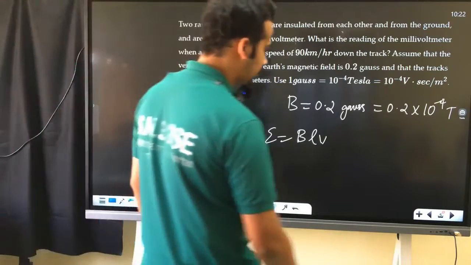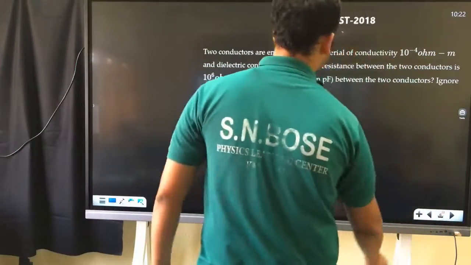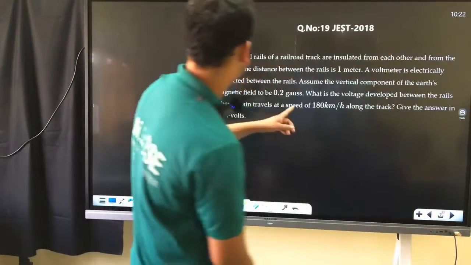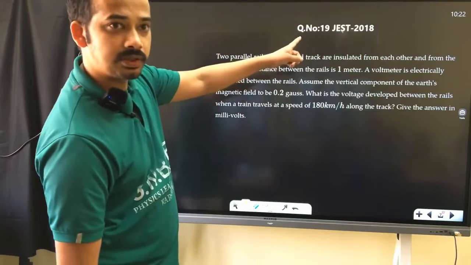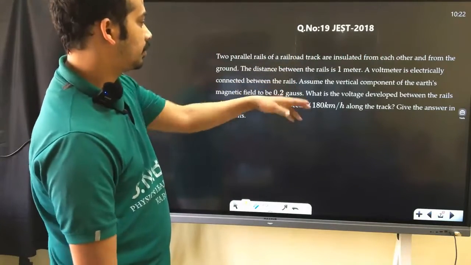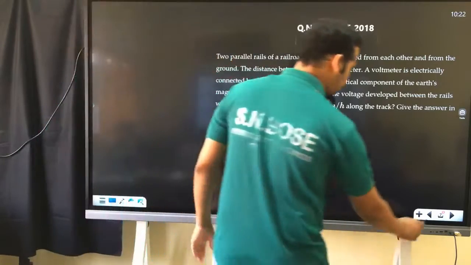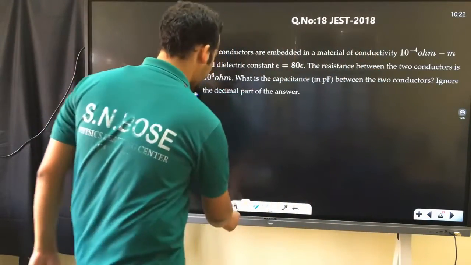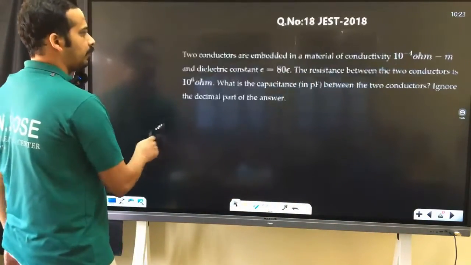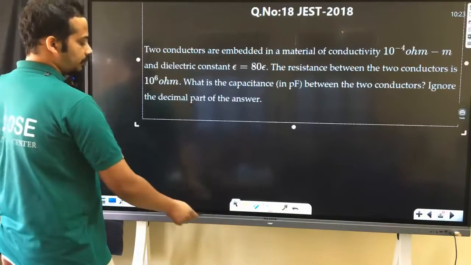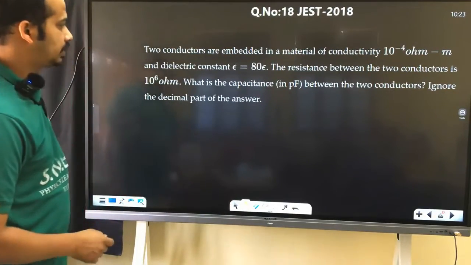Okay. A lot of slides are there. And there is one more question here on the same thing. Look at here. Just a question on railroad or something, pointing to the same question. Repeat it twice. In the JEST exam, one or two questions will be directly repeated. Okay. Now look at it. This is also a Griffith's question. It was there in the last CSIR NET exam also.